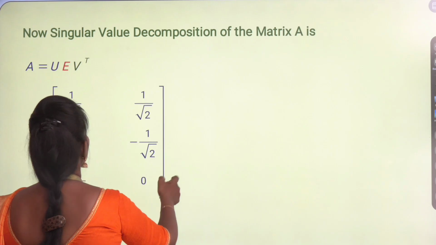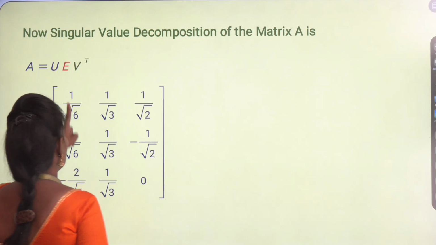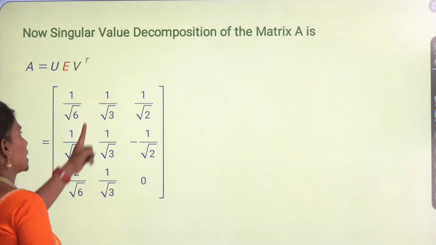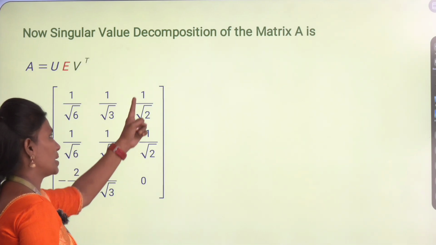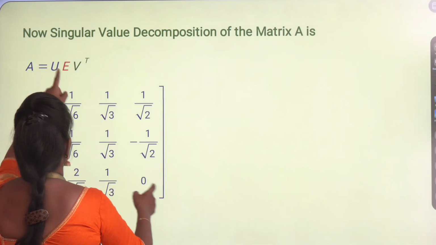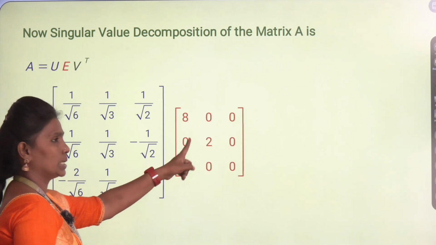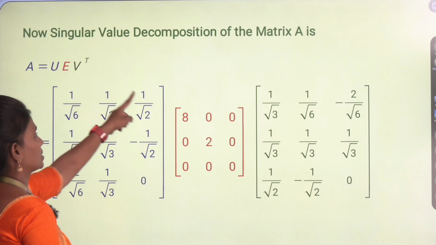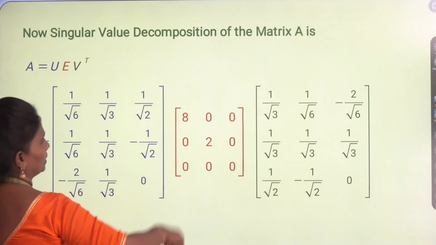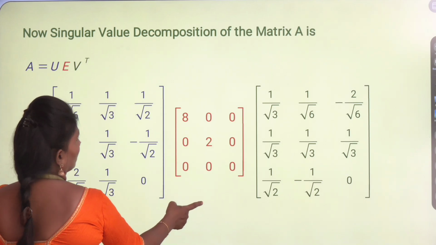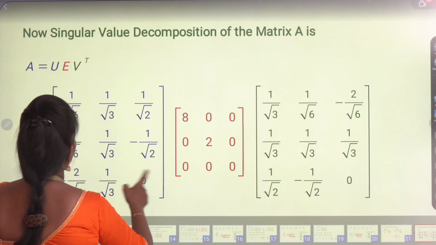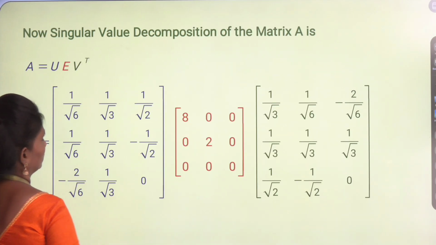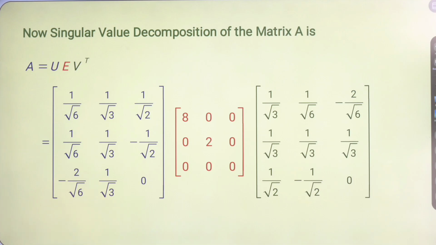Now you form the singular value decomposition. The first normalized vector for x1, second normalized vector for x2, third normalized vector for x3 is nothing but U. Then after, you know E is a diagonal matrix. Then after, V transpose of this matrix, transpose, see here the rows and columns. Okay, see here. So you solve this, you're going to get the decomposition here.